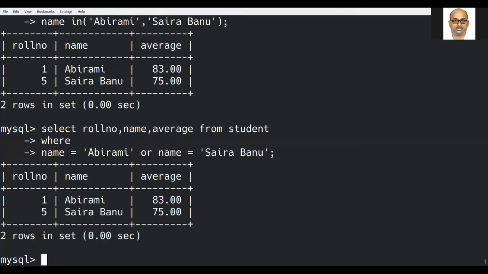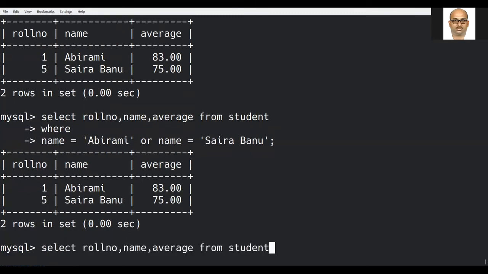Since we have used in, we should also have not in. So this is the alternate command. If you are using in, I can simulate the same command using or.